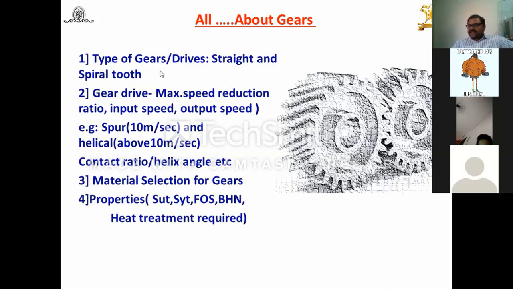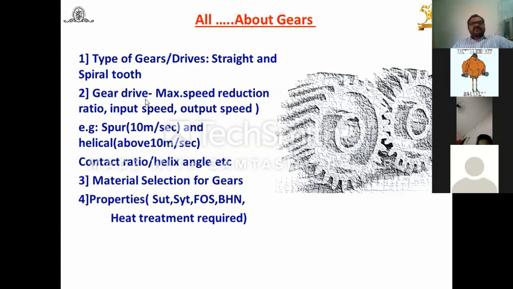But decide whether a spur gear or a helical gear is required, and when to go for a spur gear and when to go for a helical gear. If you are designing the gearbox with spur and helical gears, and if the input speed is high, that means the pitch line velocity is more. Pitch line velocity is V equal to pi d N by 60. At that time you should prefer a helical gear over the spur gear for the first pair. Likewise, you have to carry out the study for a low pitch line velocity. Generally, a spur gear is preferred. For high speed applications or high pitch line velocity, a helical gear is preferred. Even though the gearbox may be a combination of spur and helical, the helical gear may be the first pair.